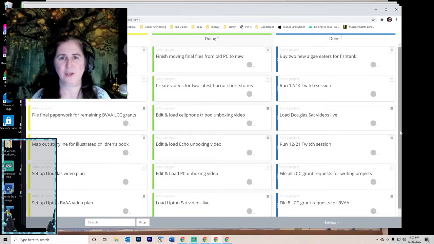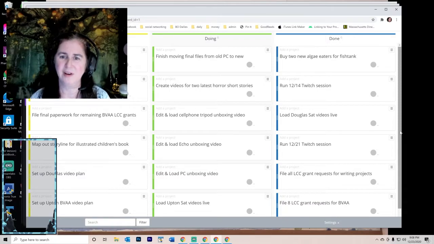Many systems will let you add categories to things, so you can put things in the doing column and then have some things categorized as home topics. And these can all work with multiple people. So if you wanted to set something up for a group of friends or for an organization that you're part of or for family members, you can assign different family members or organization members so that different people can keep track of different things that they're doing.